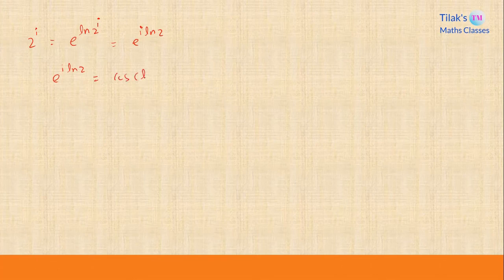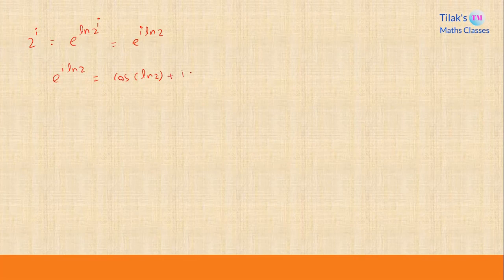Let us get to the main part of determining 2 power i. 2 power i can be written as e power ln 2 power i. So that we can further write as e power i ln 2, bringing the i in front of ln. This is in the form of e power i theta, which is cos theta plus i sin theta. So e power i ln 2 we can write as cos ln 2